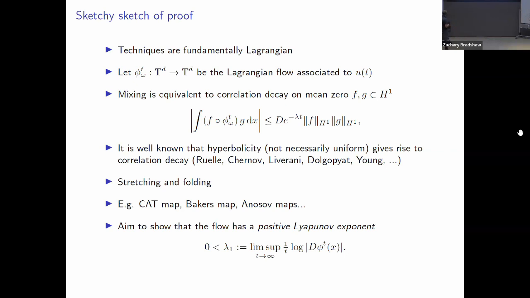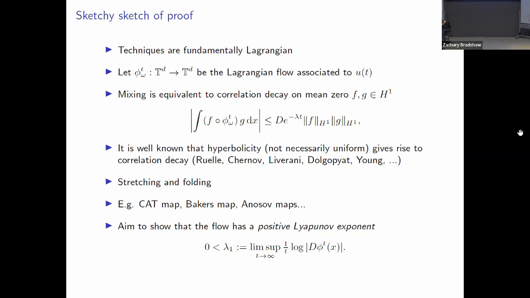but here we go. And please stop me if this is all very compact. If you want me to elaborate on any point, I'm more than happy to. Generally, the techniques are fundamentally Lagrangian. In particular, I'm going to take the velocity field's stochastic flow, or the flow of diffeomorphisms associated with it, called the Lagrangian flow. And one of the things we know, and in fact, Anna's mentioned it a few